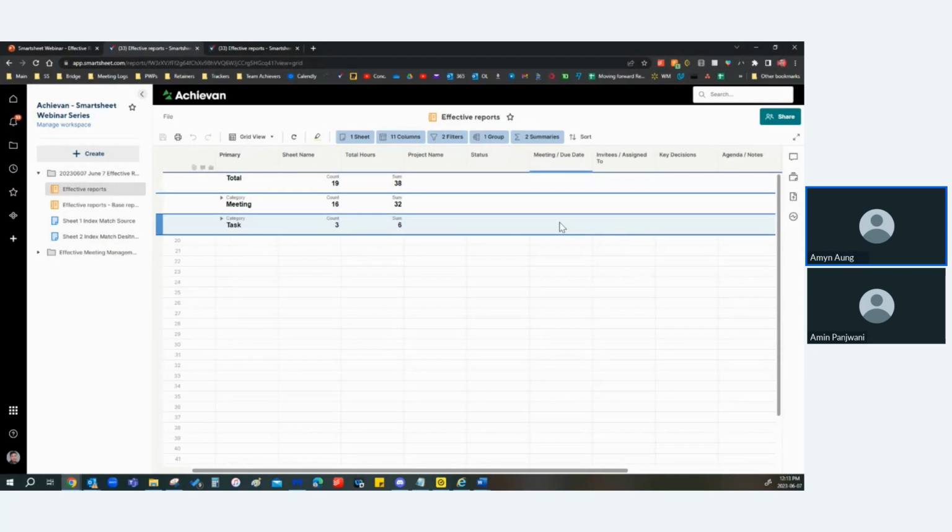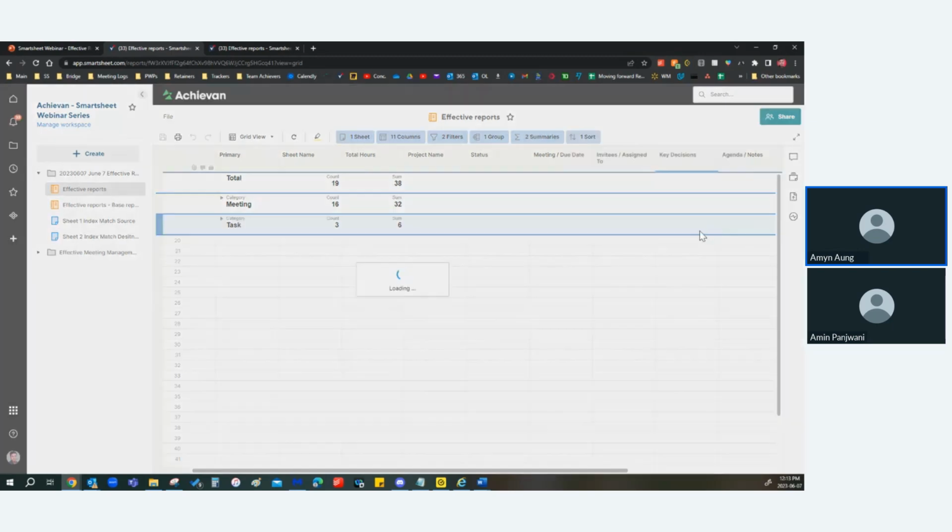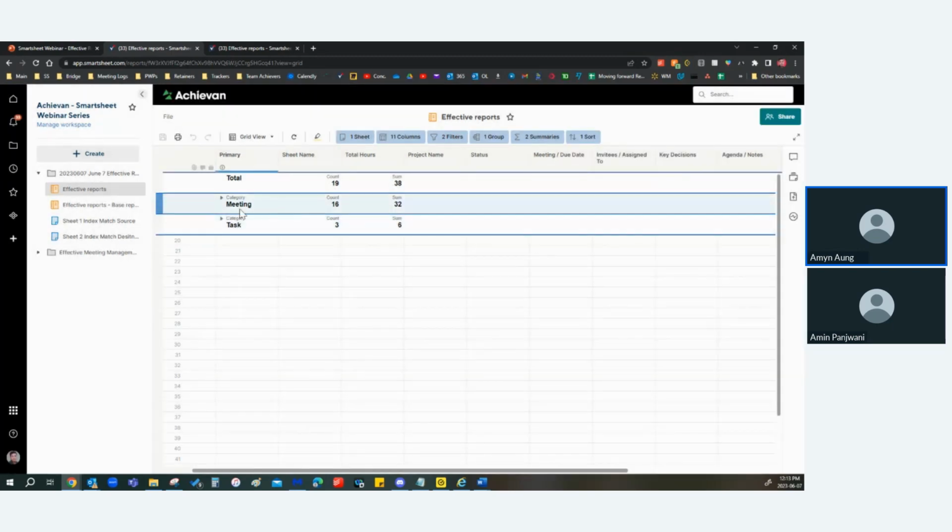All right, so we discussed a few things. We discussed columns that you can use in a report, filters, groups, summaries. Now you can also do some sorting. So people who are fans of sorting love sorting by different items. For example, the sheet name, the project name, total hours, whatever you want to sort by, you can sort by. For example, I want to sort by statuses. I'm going to do that. So all of my meetings and tasks are sorted by